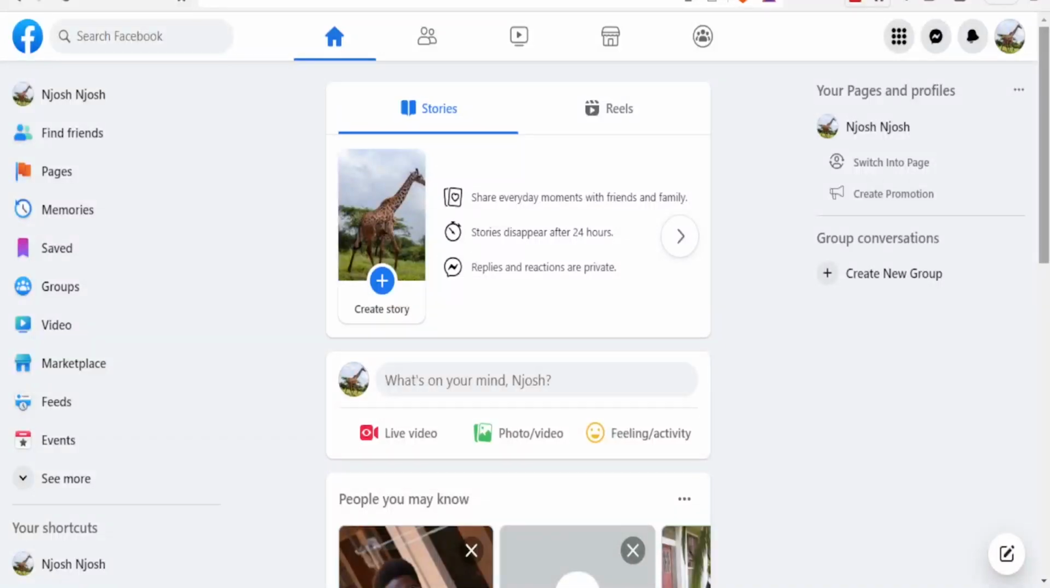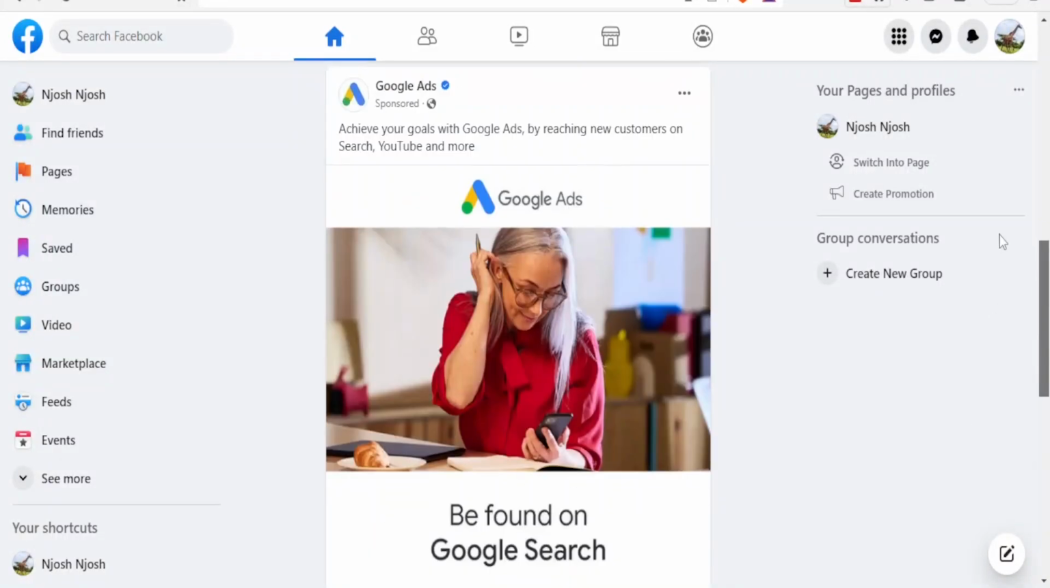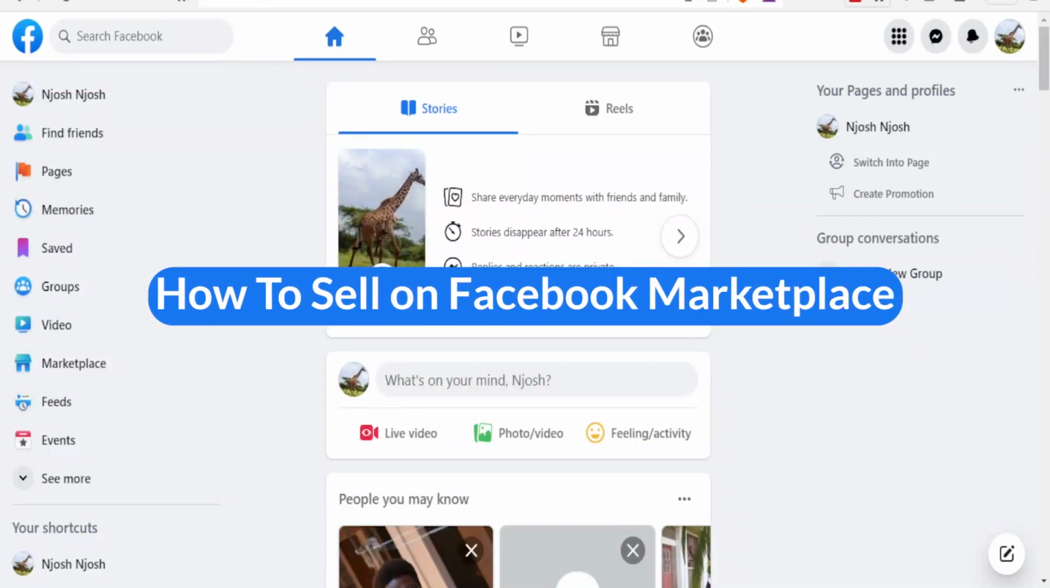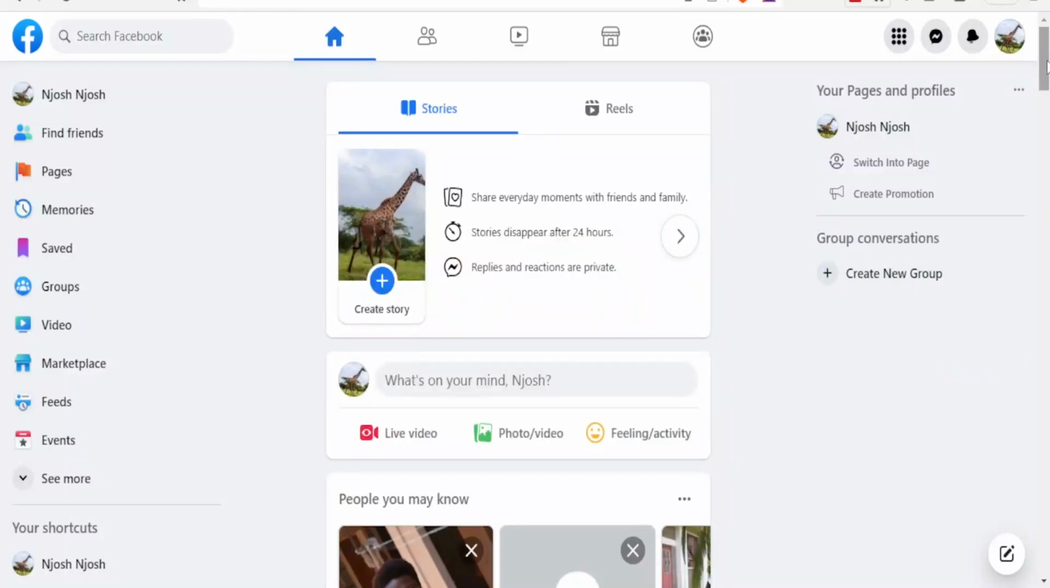Hello there, welcome again to this new tutorial where we are going to be learning how to sell on Facebook Marketplace for beginners. So you simply go to facebook.com and basically you need to log into your account, and you